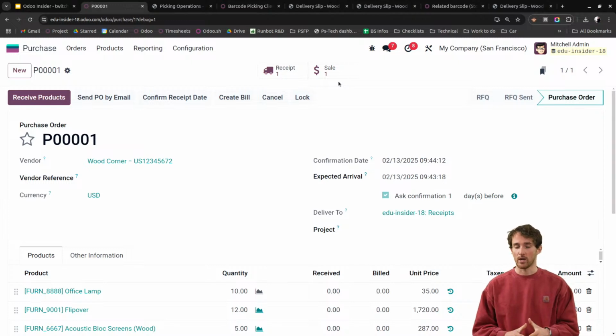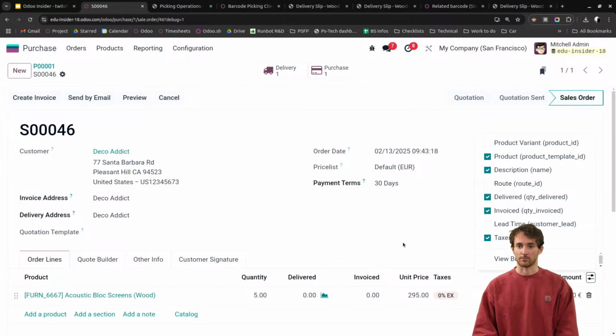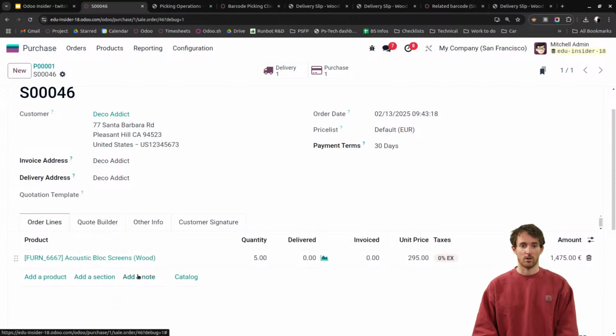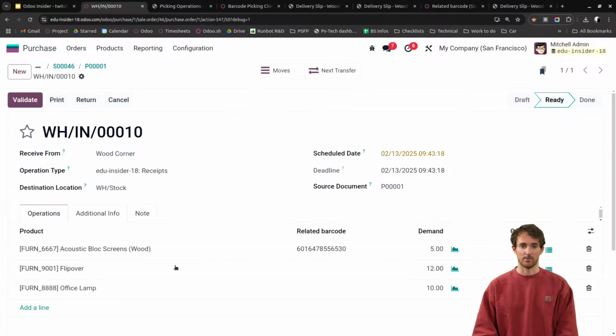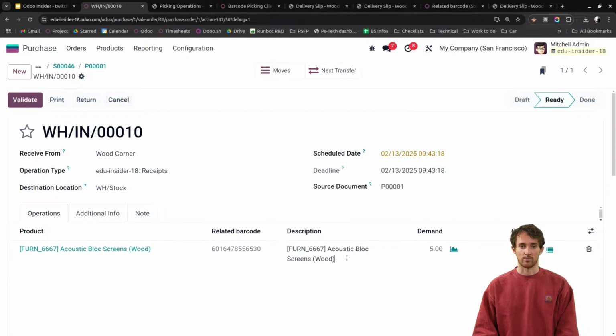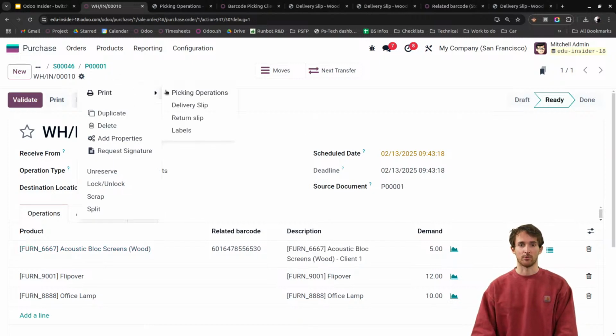Maybe, in a more practical way, what I would advise in that case, to not go too far in the customization, is for the people who are going to prepare and confirm the purchase order of those goods, maybe to add a description to it. So maybe also with a different field, why not? Or maybe just with a note, to explain: here I'm on the sales order, but I want to go there on the receipt. And here, on the description of the picking, to explain, okay, we expect to have this one for client 1, so that when you print the receipt order,